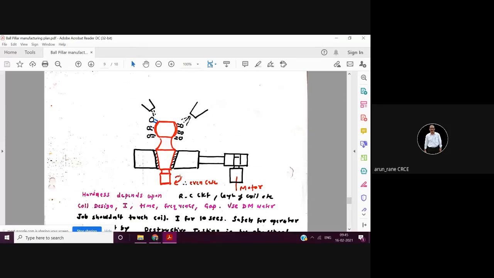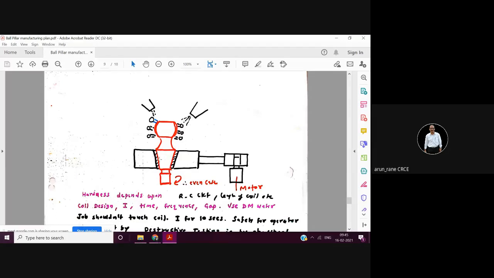Now coming to the holding and locating. So here you can locate on this taper. And since this taper is finished, if you want to avoid friction on this taper surface, you can have a kind of a felt, a soft piece, because the surface may get damaged, so you can hold it in a felt.